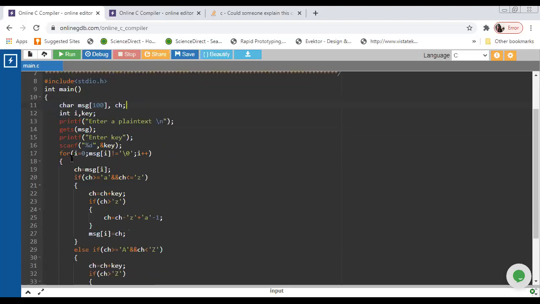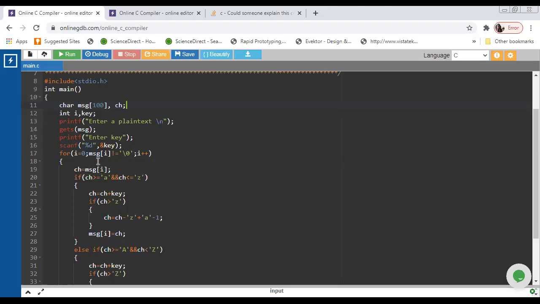The for loop starts with i equal to 0 and takes each and every character of a message like hello, from 0 to the length of the string, with i plus plus.